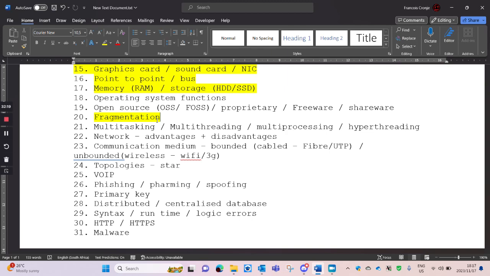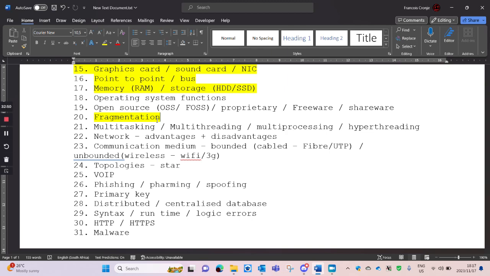With adding and removing of files, the empty gaps tend to get scattered throughout the hard drive itself. So when you copy something, it places it in those gaps. Let's say you install a new program. Instead of putting all the files for that program close to each other, it needs to scatter them throughout the whole hard drive because that's where the spaces are. And that's called fragmentation. So the solution to that is defrag.